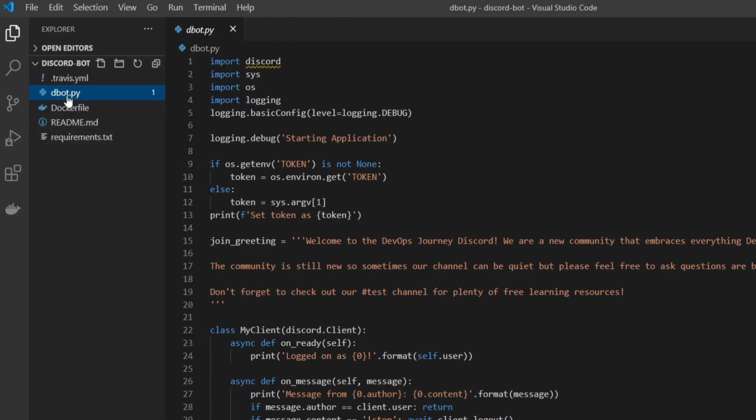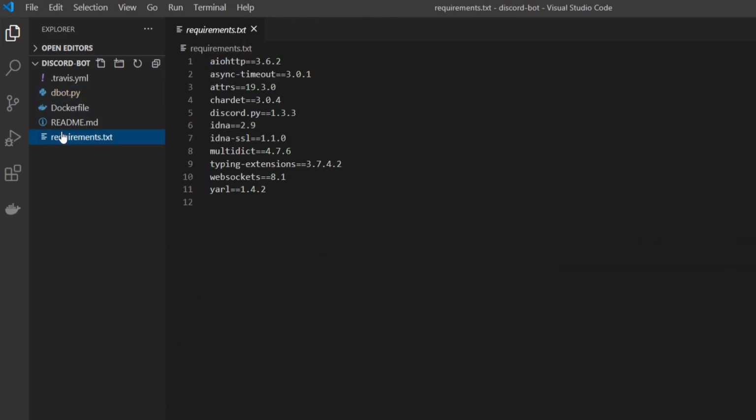Here we have the Python file, which is our actual Discord bot. We have this requirements file. This file specifies all the Python packages that are required to be installed for the Python script to run, and this file is commonly packaged with any sort of Python script, and our Docker file is actually going to take in this requirements file and automatically install all these files, and our TravisCI continuous integration tool is going to have